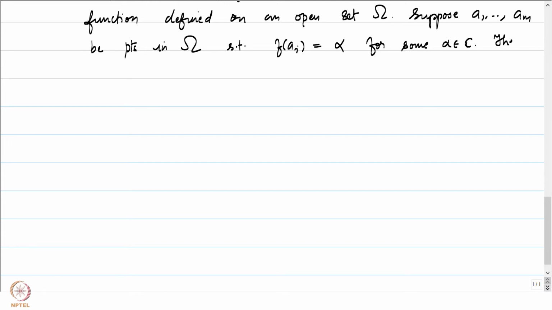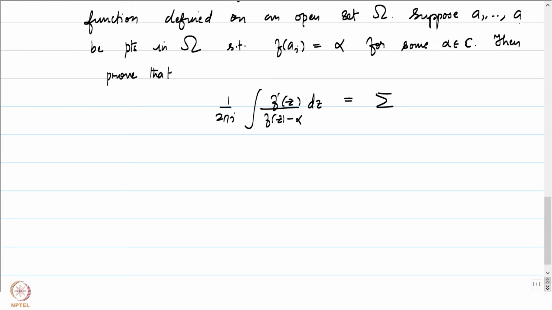The problem is to prove that 1 by 2 pi i integral of f prime of z by f of z minus alpha dz is equal to summation, so let me not call it m, let me call it n, j is equal to 1 to n